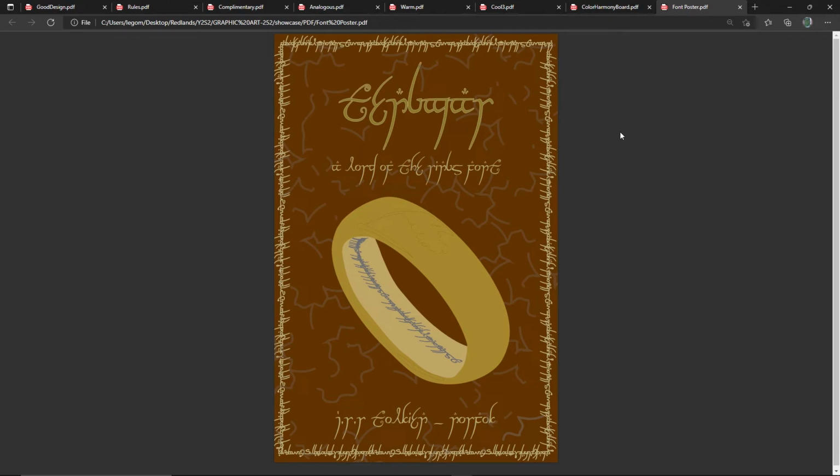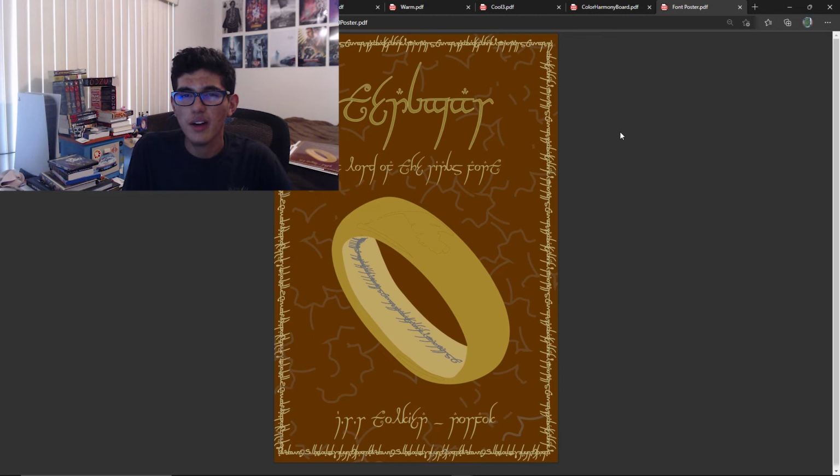This was the Typography Project, where we had to choose a font. It could be any font. It could be an imaginary one like the one here, or a real font. Comic Sans, I think Trojan's a font, but those are the only two fonts, funny enough, I can come to mind. But we had to research the font, do a paper on it, talk about its history, talk about the uses of it, talk about what it could be used for. And